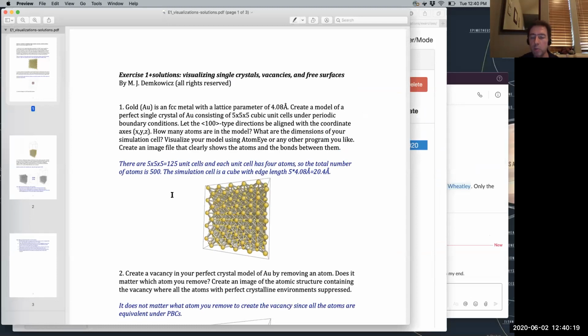It just gives you some problems, right? It doesn't give you any starting files to work with. Why? Because I'm assuming that with everything that you've learned today on how to build these files and using Matlab and modifying the files and running Atomeye and all those things, you should be able to just read these problems and do these exercises yourself. Okay.